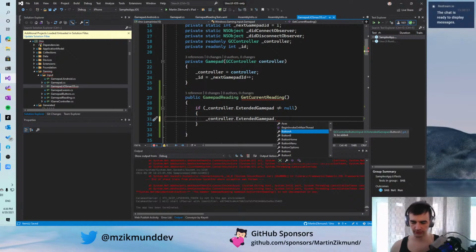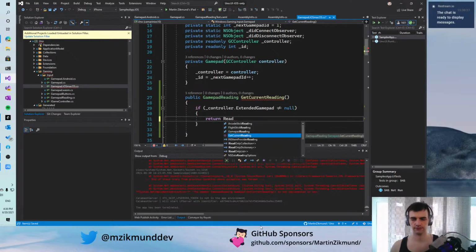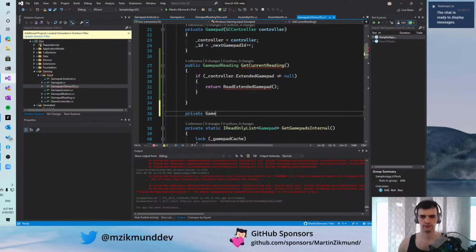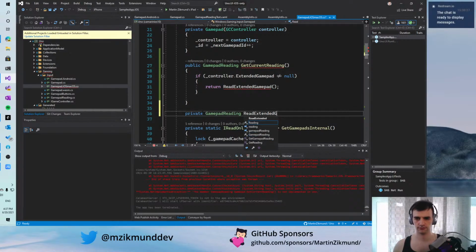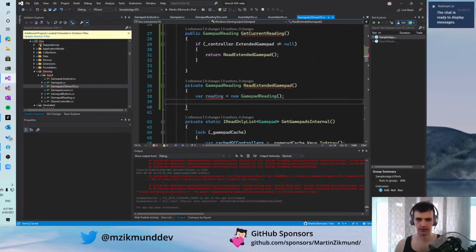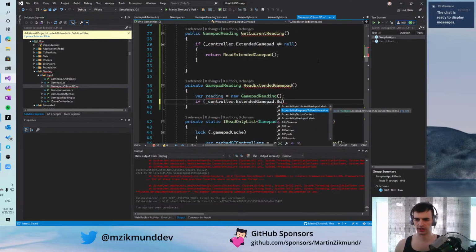Okay, so let's do the buttons first. So this will first check the buttons. So let's do a reading. New gamepad reading. By default, everything is toggled off. And let's do the buttons one by one. So if controller extended gamepad button A,